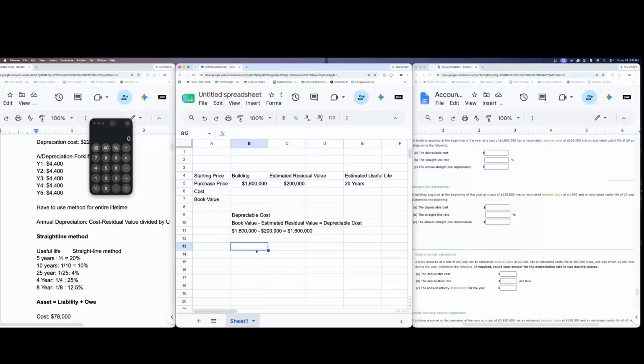So the answer for A is the depreciable cost is